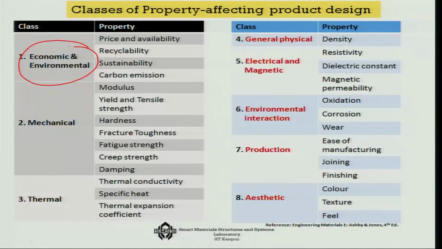Another very important factor in today's context is the recyclability of a material, because we always say that there is a life of a product and there is an afterlife of a product. When the product is of no use, what are you going to do with it, the whole system and all the mechanical components? Yesterday, in the last class, we saw that even after 150 years, if you can retrieve a piece of steel, you can put it into the melting process and reuse it. Steel has an excellent recyclability from that point of view.